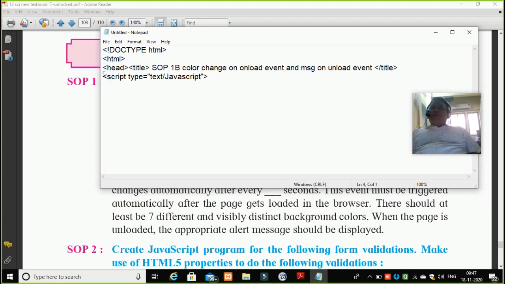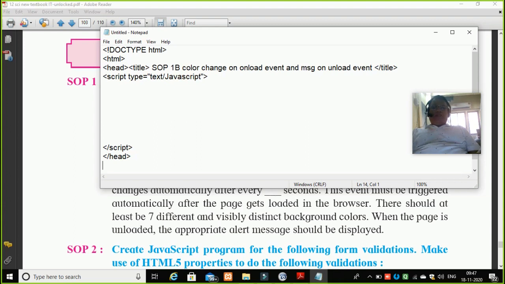You are going to write the script over here, and the coding has to be done. So I'll leave some space here. Close my script tag. Then I will close the head of my document.